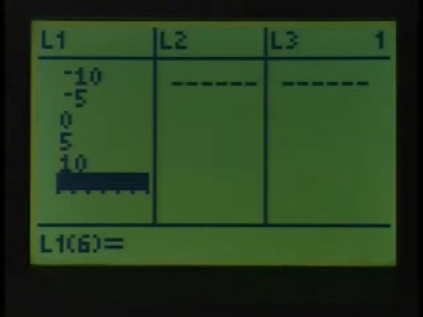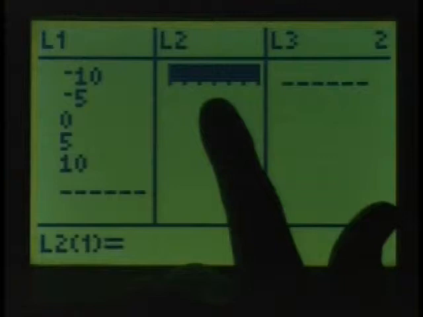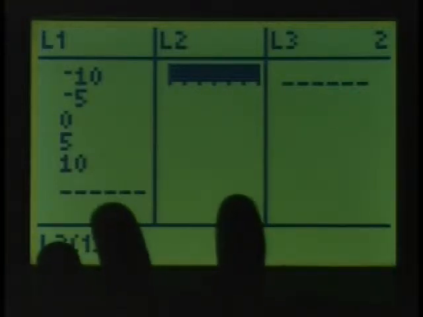I think those were the numbers in our problem, weren't they? And then I arrow to the right. Now I need to make sure that I put in exactly the same number of items in both lists. Everybody hear that? I need to make sure I put the exact same number of items in each list. Otherwise, if I try to do something with this, it'll give me what's called a dimension mismatch. If you ever see that error message, DIM mismatch, that means that you have data that's not equal in number